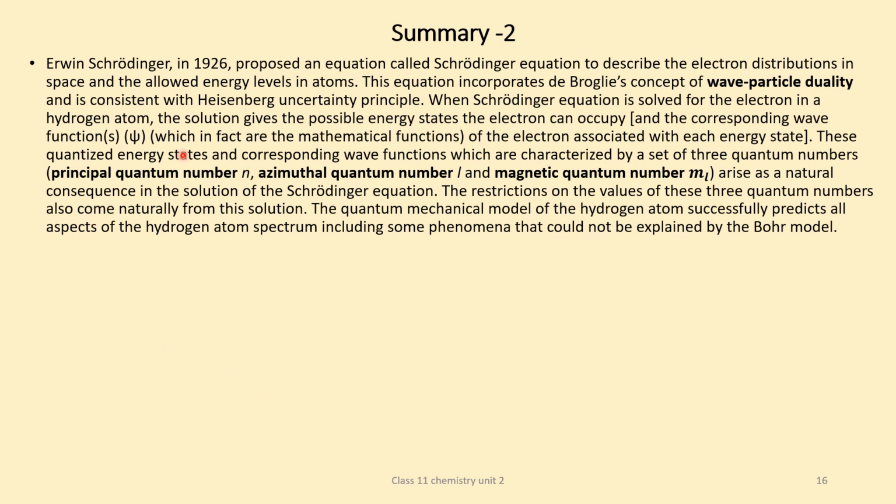Erwin Schrodinger in the year 1926 proposed an equation called Schrodinger equation to describe the electron distribution in space and allowed energy levels in the atoms. This equation incorporates de Broglie's concept of wave-particle duality and is consistent with Heisenberg's uncertainty principle. When Schrodinger equation is solved for an electron in a hydrogen atom, the solution gives the possible